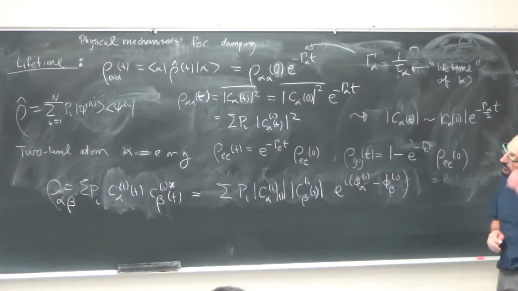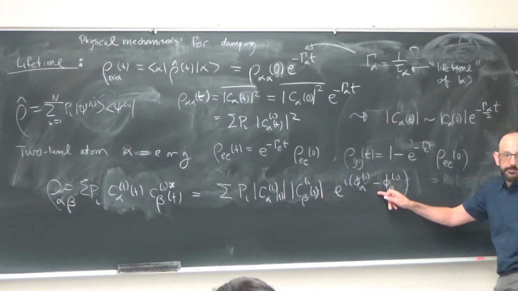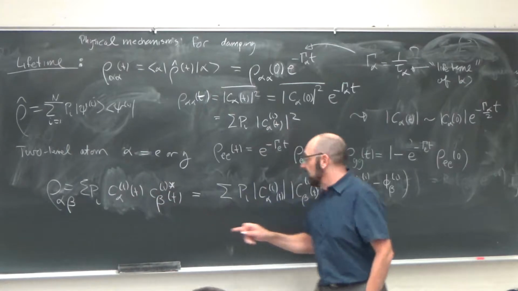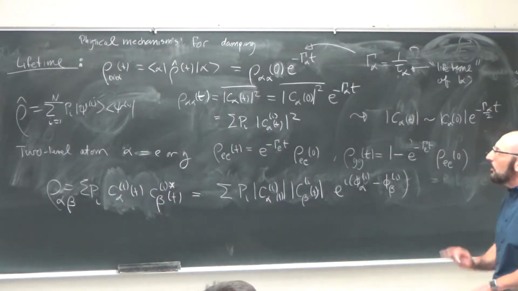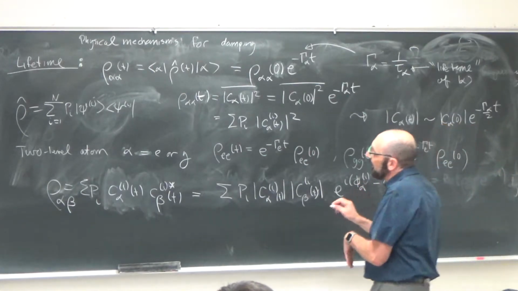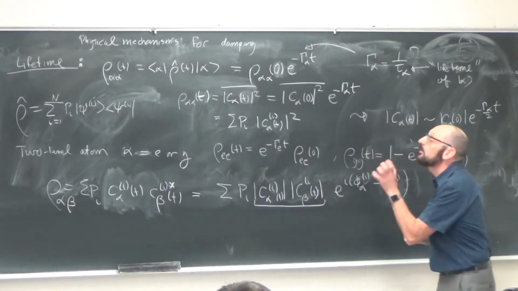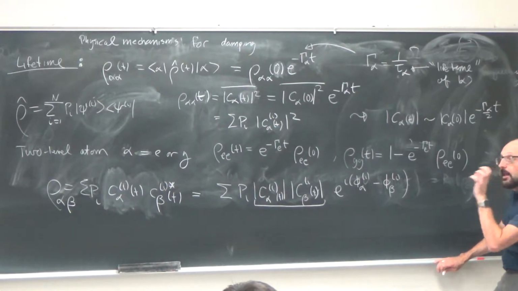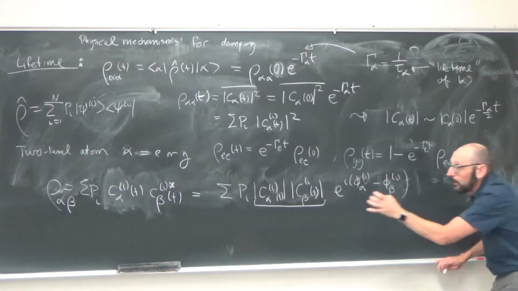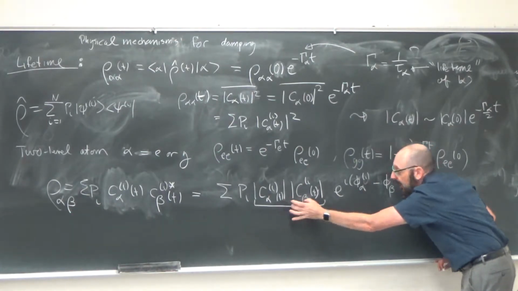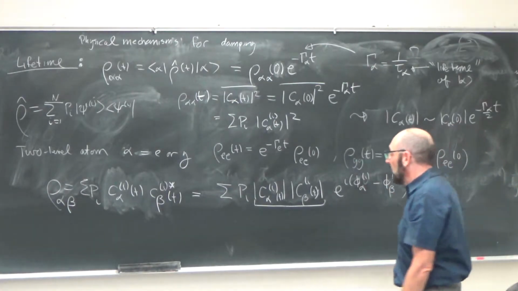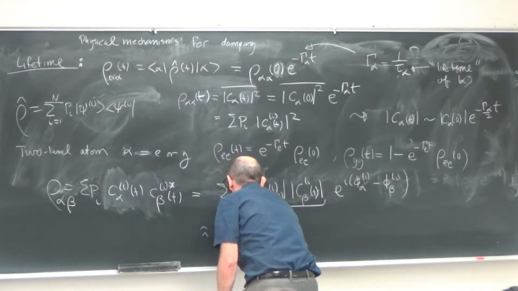So what I've written is each probability amplitude has a magnitude and a phase. This is the phase of this complex number written in polar decomposition, and this is the phase of this guy, right? Now here I'm just going to be a little bit loose. Let's say I want to see the effects. There are two different effects that can lead to decay of the off-diagonal elements of the density matrix. One is decay of the amplitude, and the other has something to do with the phase. So what I see here, I could just say loosely,